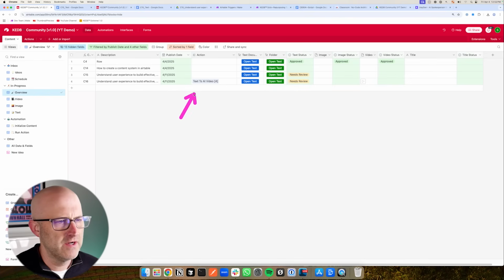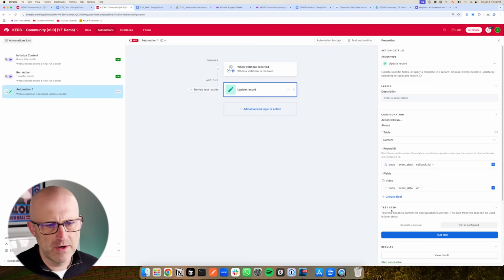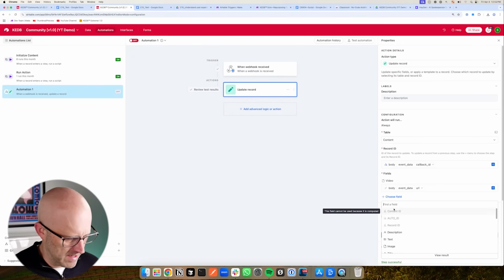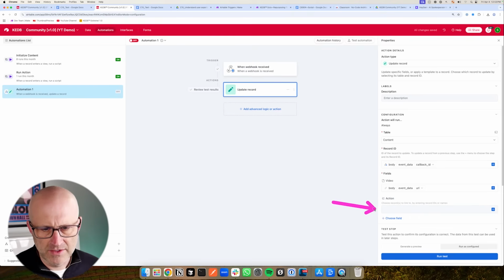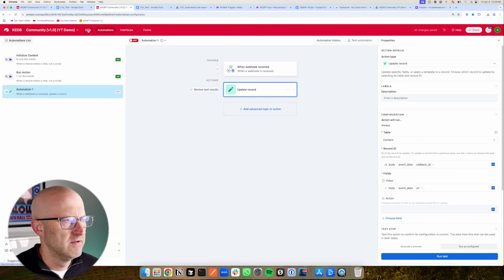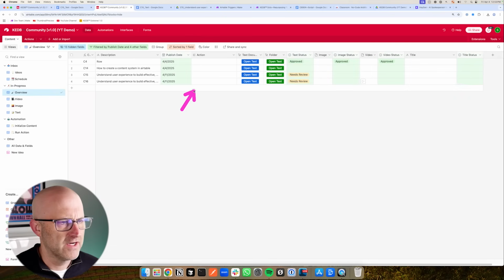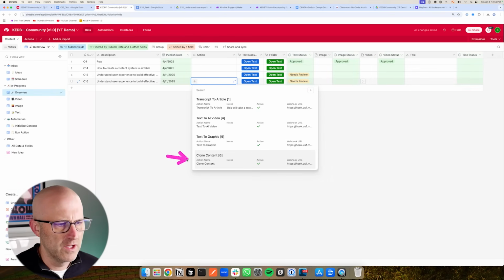All right, so moving along, notice here we also have that action here. So what we would also want to do is update this record, choose field, we're going to type action, and we're going to just leave it blank so it clears it out. So if I were to run this again, come back to the data, notice it's going to clear out that action so we could run a different, we could either clone the data,